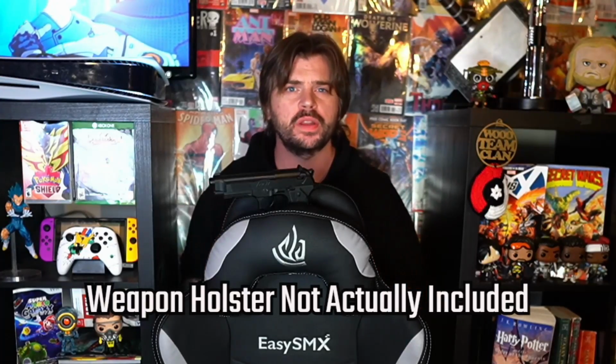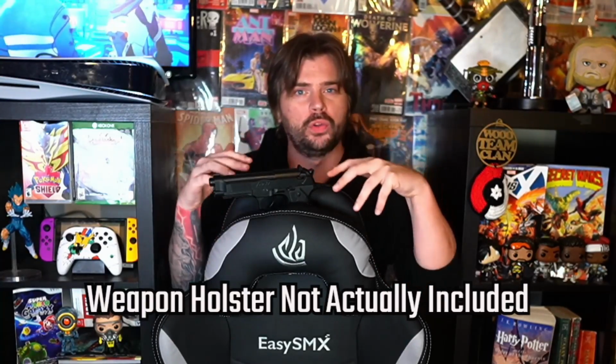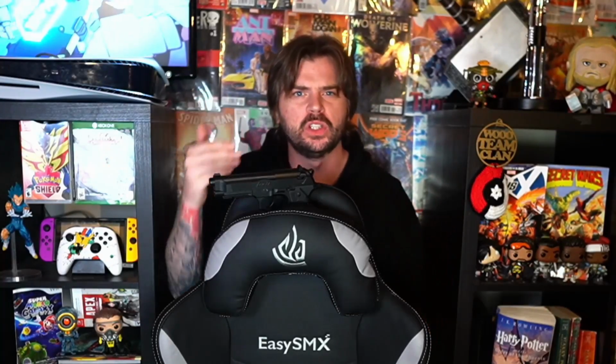The other great function of this chair is the S-tier weapon holster built into it. It's absolutely Oh god, that was Loba's dad. I'm coming for you, you son of a...